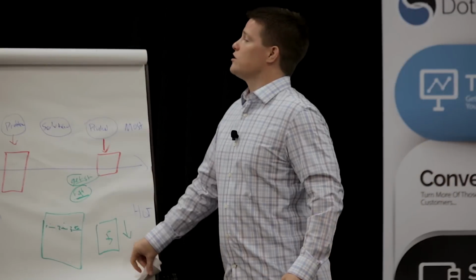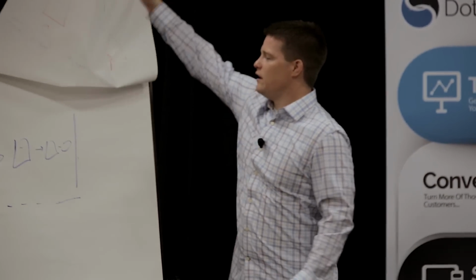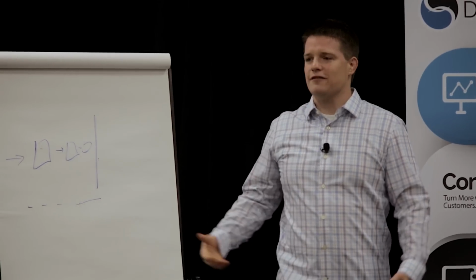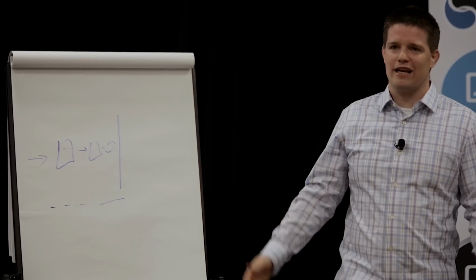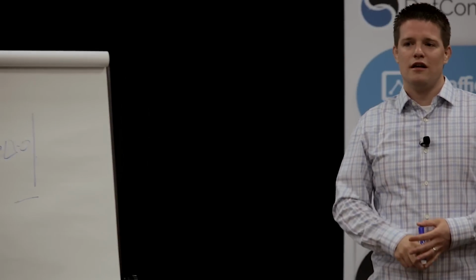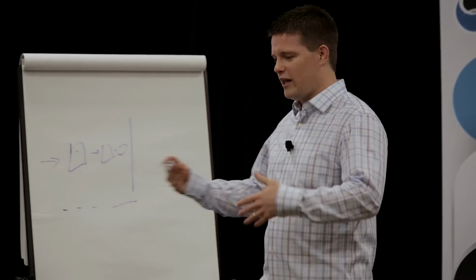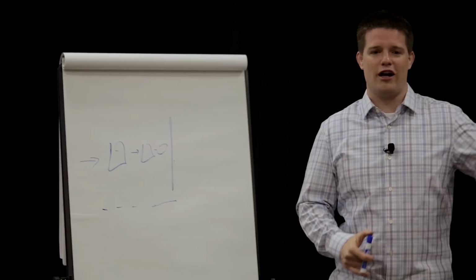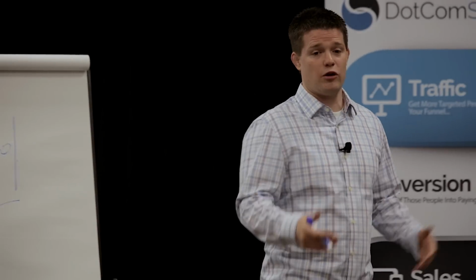Okay, and so there's a bunch of different ways we age and ascend that relationship. But really, after they're on your list, this is the fun part. This is where it's just like every month for us, what should we do? Okay, well, let's do an invisible funnel type funnel, and I'll talk to you guys about that here before lunch. Or maybe I'm going to do a black box type funnel to these guys. I know them, I like them, we'll try that. Oh, or maybe I'm going to do a micro continuity funnel to these guys. Or maybe I'm going to do this one. I'm going to show you guys our 9 core funnels.